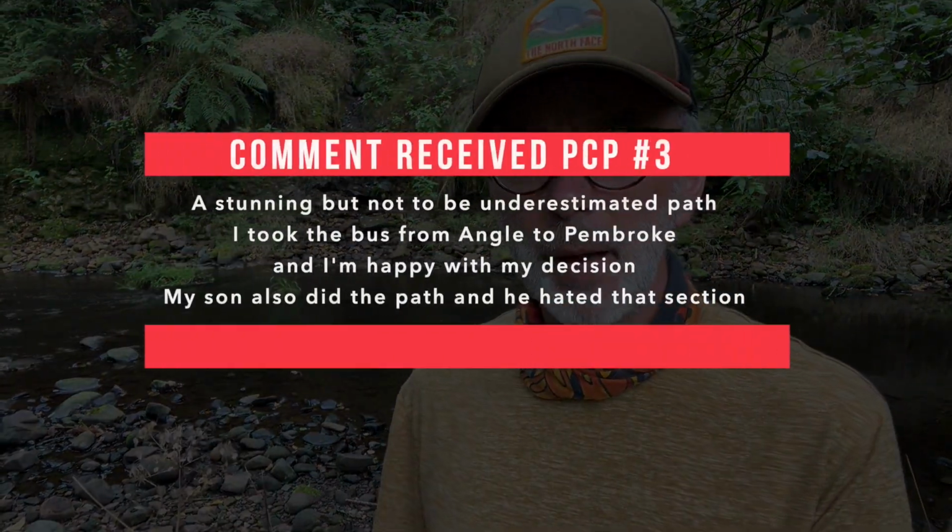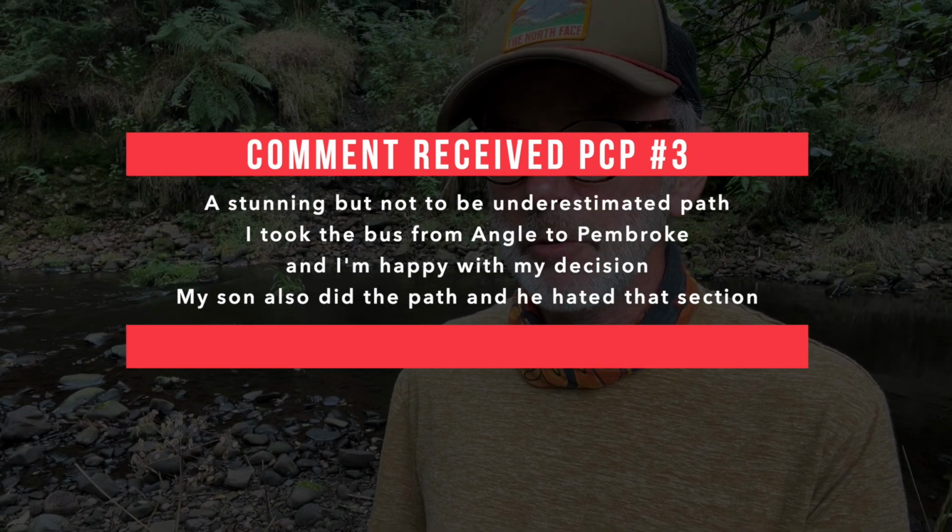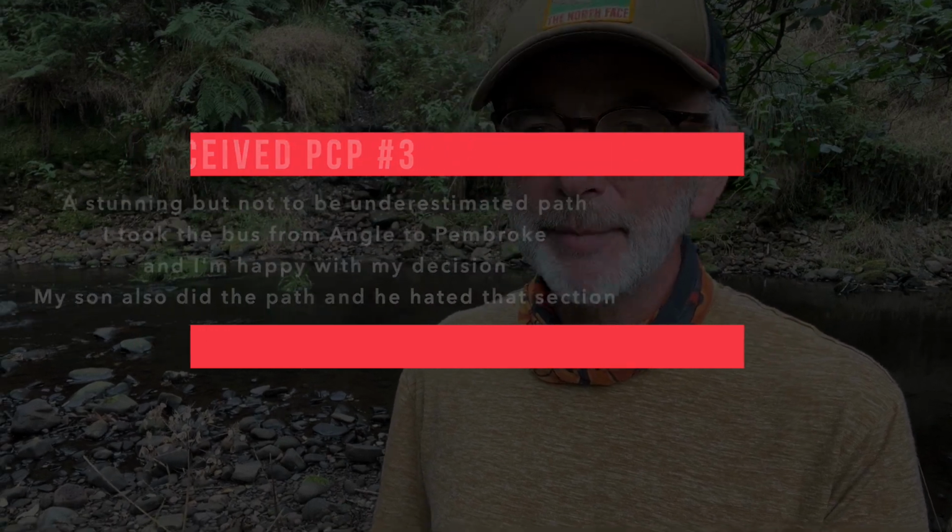In fact, from Angle Bay until you get round to Milford Haven is about 28 miles. So if there was any reason you wanted to shorten the route, that would be a reason. And in fact, I met a hiker coming the other way. He was local and he decided to get the bus. I also had a comment on one of the videos about that particular point, which I will supply in here so you can read that comment and see what other people think. It's kind of annoying where it sits in terms of the whole route,